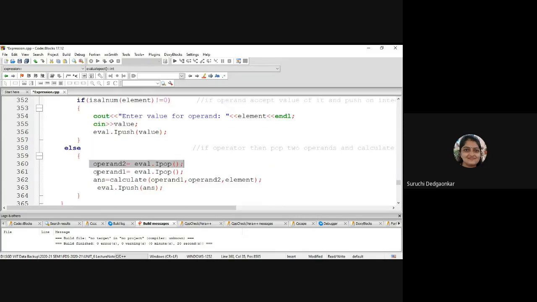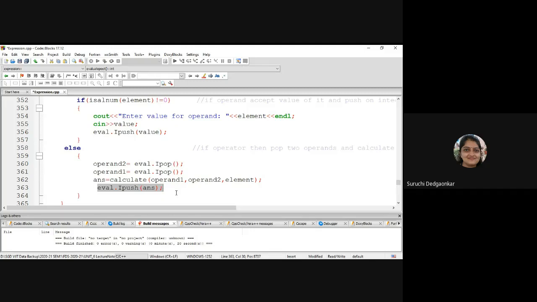Operand 2 is equal to pop, operand 1 is equal to pop. We are popping two values from that stack, and first popped is operand 2, second popped is operand 1, and we are passing them to the calculate function. In calculate, we are passing operand 1, operand 2, and element. And the operation will be performed by that. The answer will be returned. It will be pushed into the stack again.